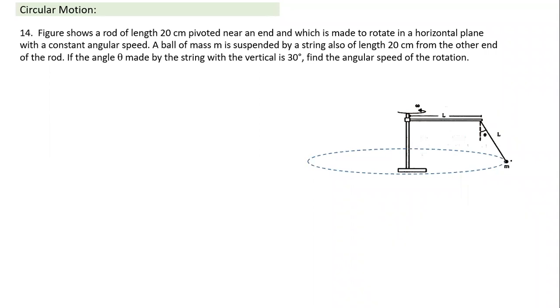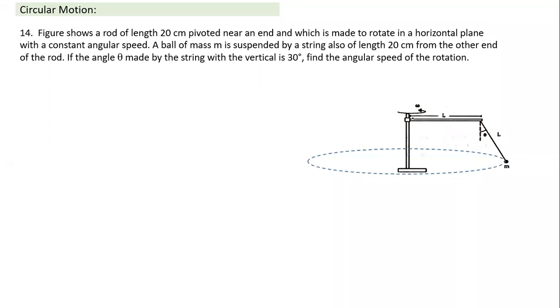You may have horses and all those things, people might be sitting here. And if you closely observe, initially when it is at rest, it will remain vertical. As it starts rotating, as omega keeps increasing, you will notice theta also keeps increasing, and the speed at which each object, each person is moving also keeps increasing. All of you might have observed this, and somebody may recall what I'm mentioning here.